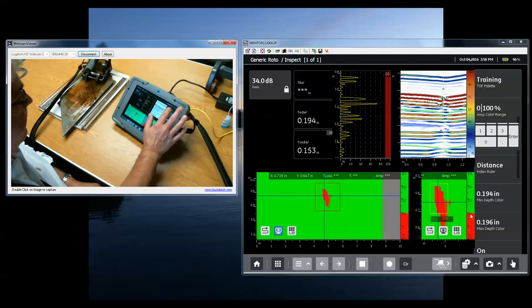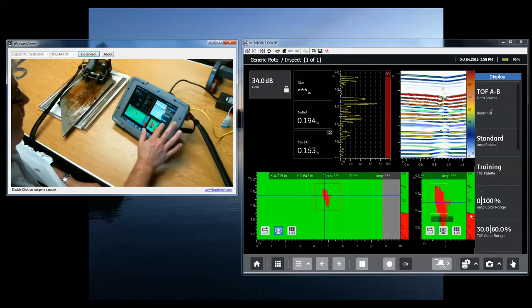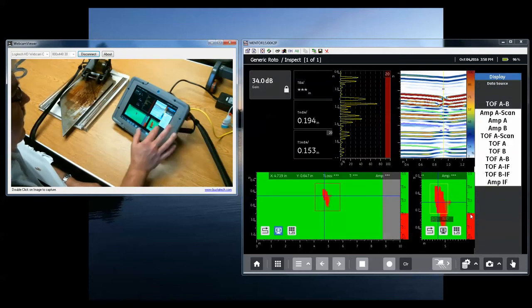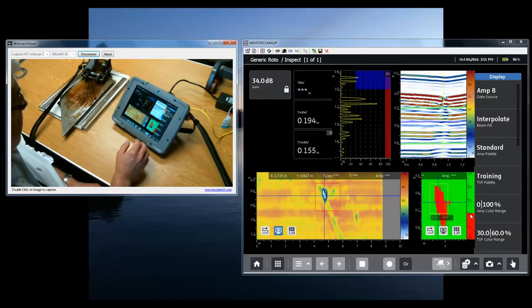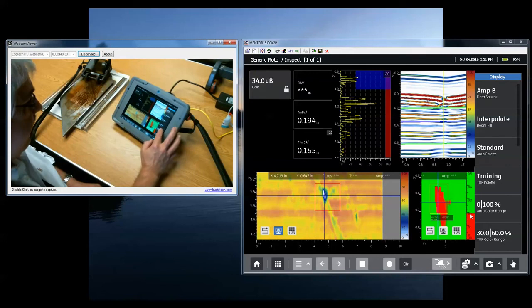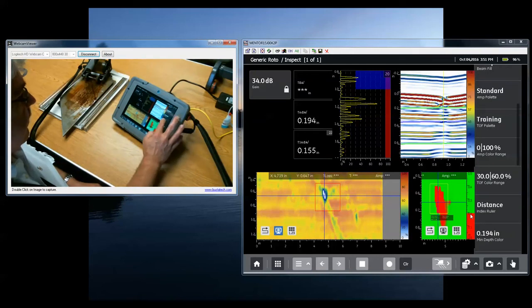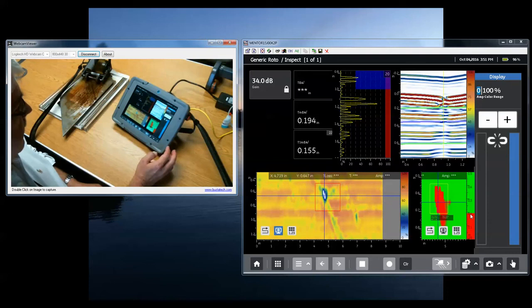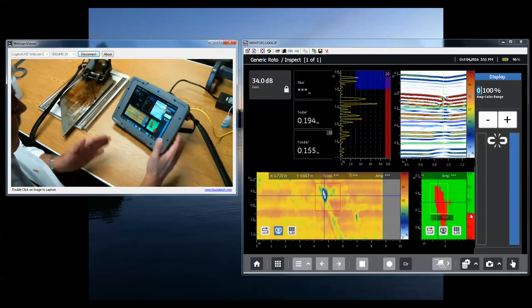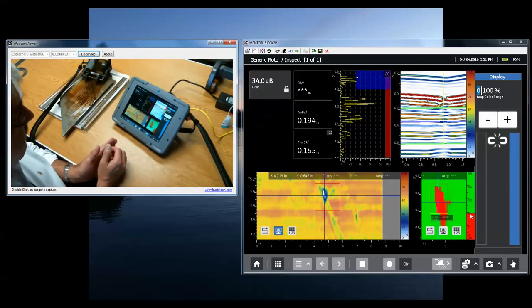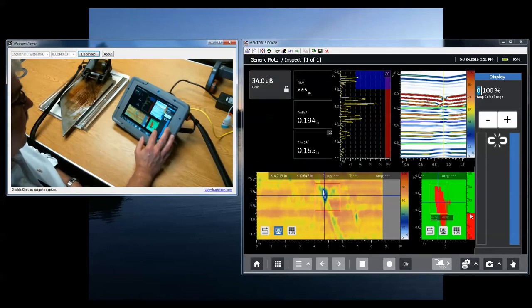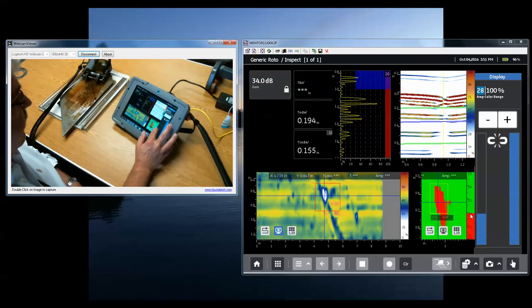Okay. Now let's take a quick look while we're in here at amplitude scans. All right, so there's an amplitude palette that goes from 0% white through blues, greens, yellow, all the way up to red at 100%. And we have similar control over our amplitude color ranges. We can take that palette and compress it in a way very similar to what we did with the time of flight palette. If I take the left side of this control up to 30%, let's say,